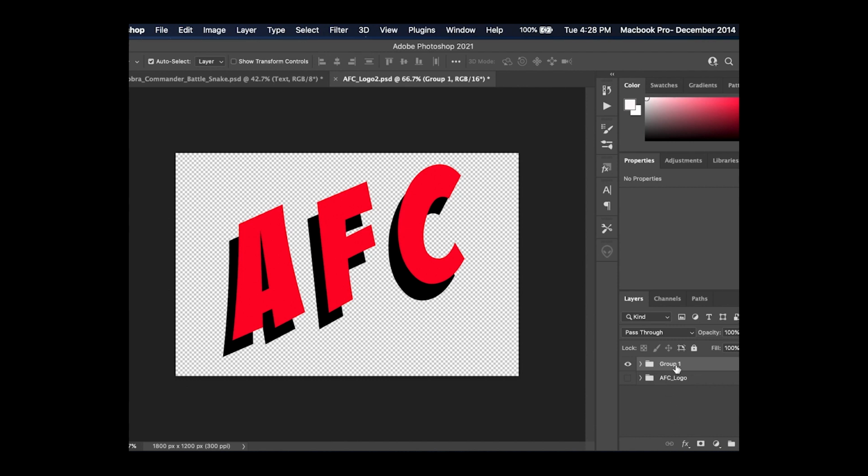It creates our folder, and it's just going to name it by default Group 1. If you double click on the folder, it'll allow you to change the name of the folder, and you can just put what it is you want it to be called, okay? So in this case, I just want it called AFC. I'm just going to type AFC and then hit enter or return to confirm the name of that folder. Okay, so now we have our AFC